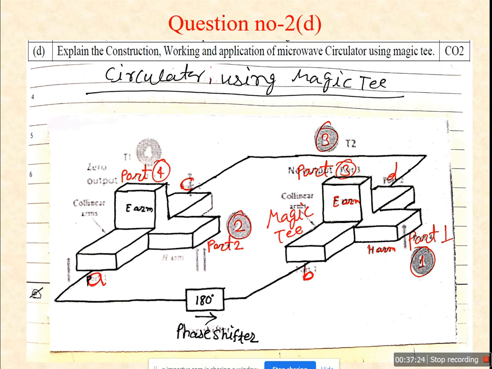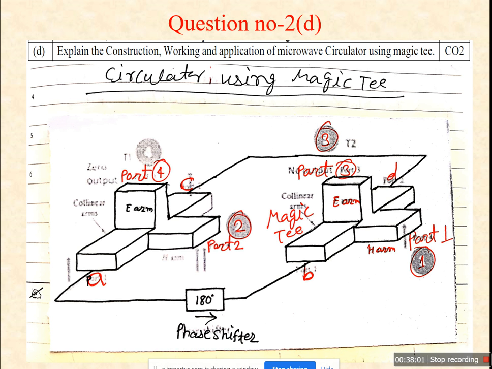Port 3. Now let's apply the power at port 3. It is split into two parts, B and D, with equal magnitude and opposite phase, and goes down to reach A and C. Here A and C both have the opposite phase. Simply, you add to get 0, here you subtract, and you will receive the whole power. So simply applying the power at port 3, it reaches port 4.